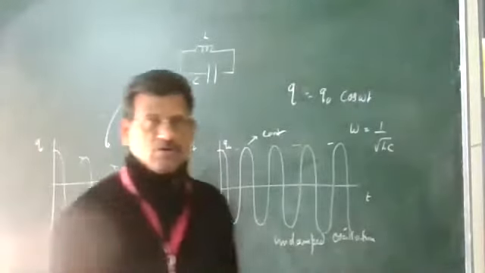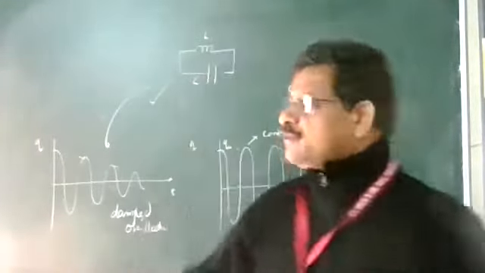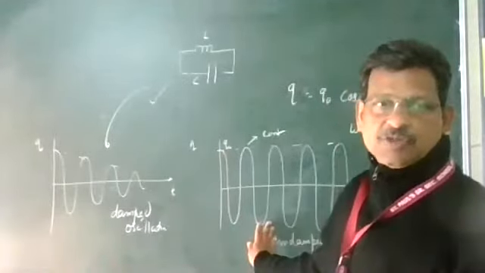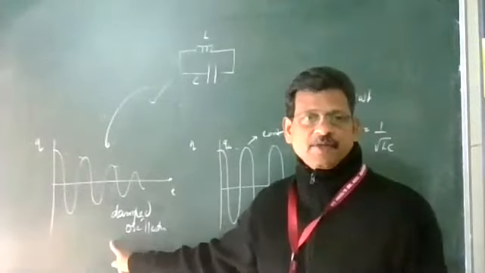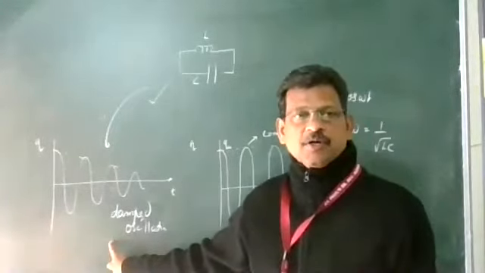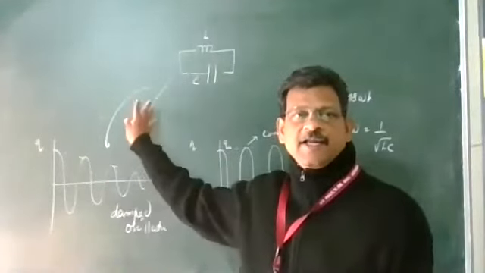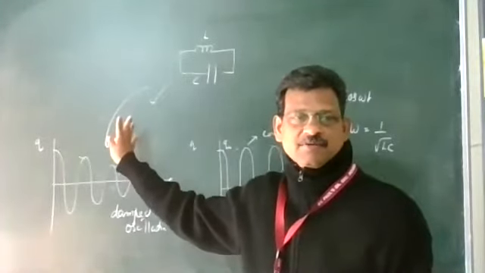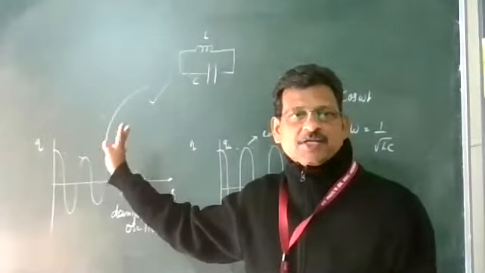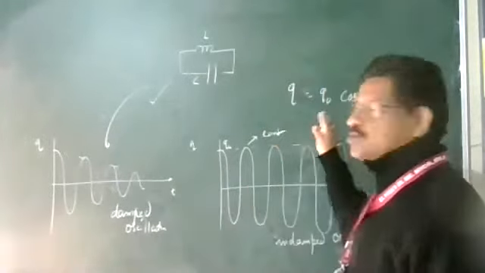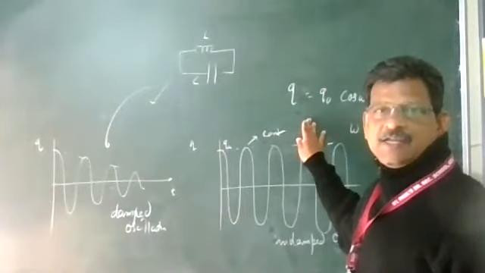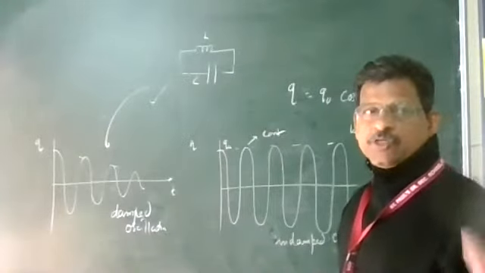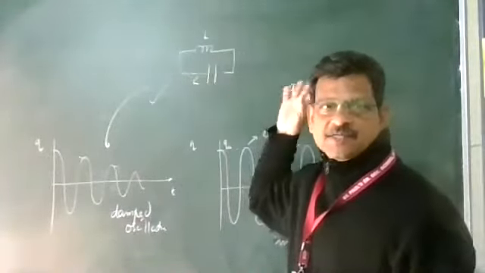Next, one more point I am going to say: even if we have a pure inductor and capacitor, we will not get undamped oscillation like this. Still, we get damped oscillation. Why? This is because some energy is radiating from this circuit in the form of electromagnetic waves. So the LC circuit produces electromagnetic waves, where the charge is oscillating and accelerating. An accelerating charge is the source of electromagnetic waves. If you want to produce any radio wave, an inductor and capacitor circuit can be used.